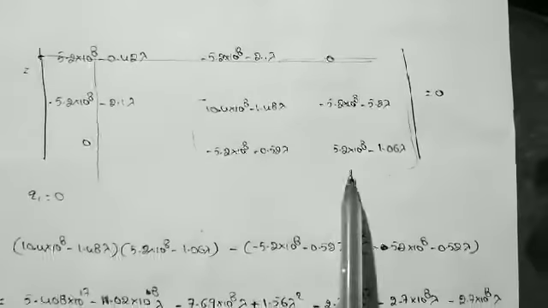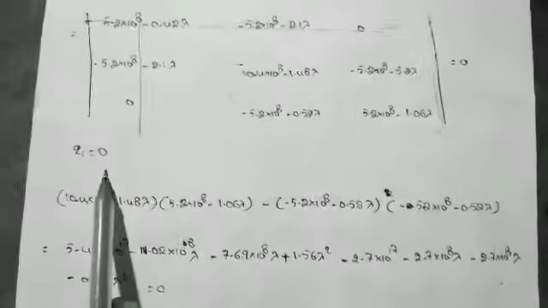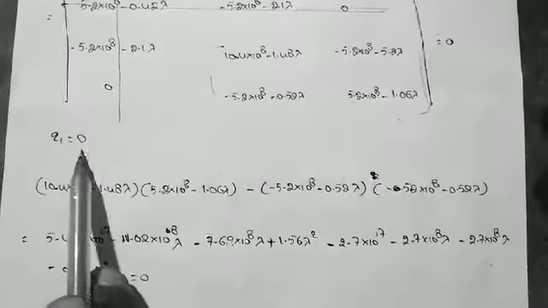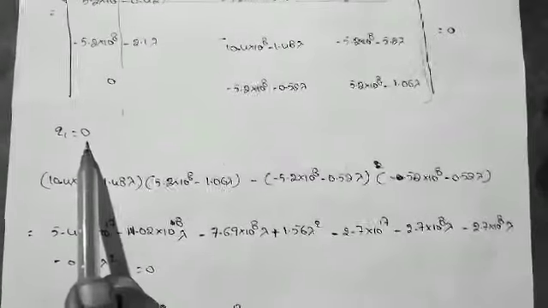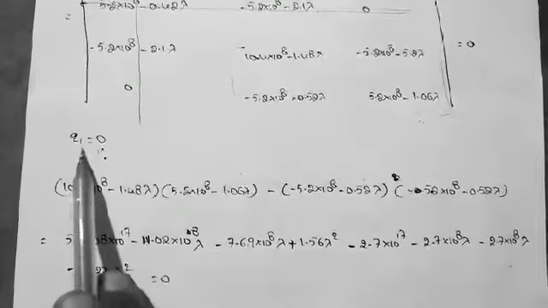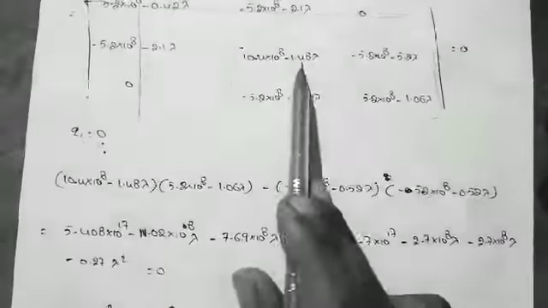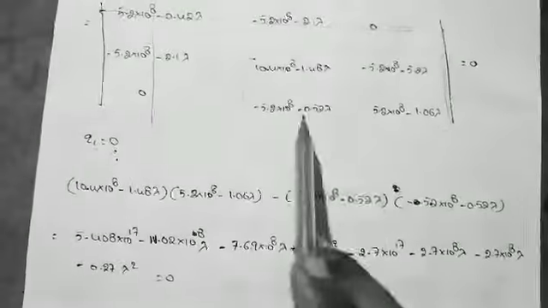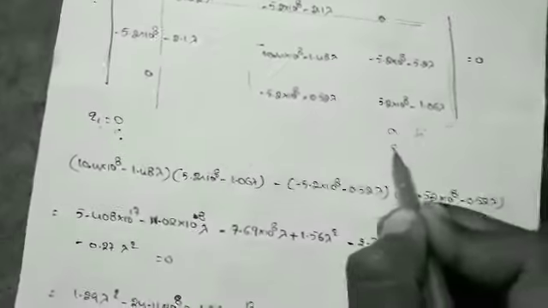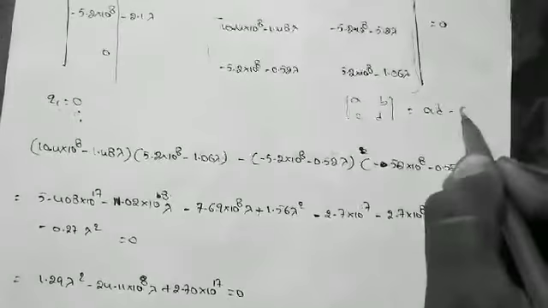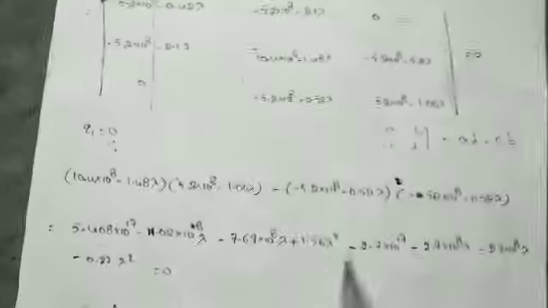Here, q1 is 0, because at the supports there is no displacement, so you consider the displacement at node 1, q1, equal to 0. Then this is the 2 by 2 determinant. Solve it: this into this minus this into this. For example, for the determinant of a matrix in ABCD form, the formula is AD minus CB.